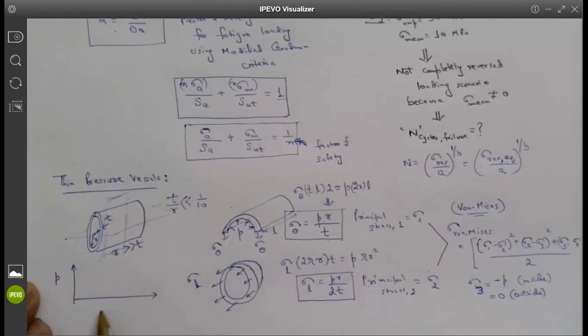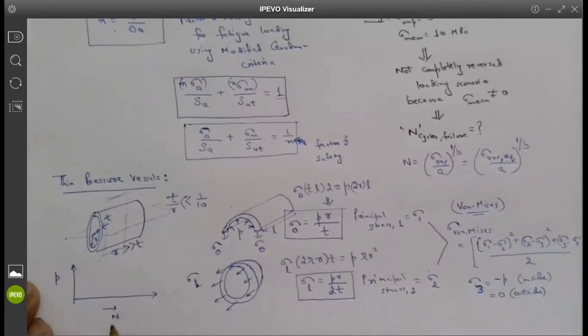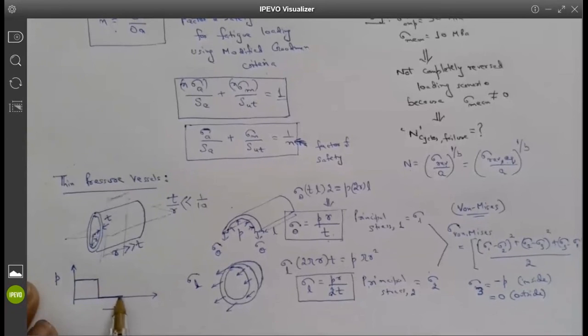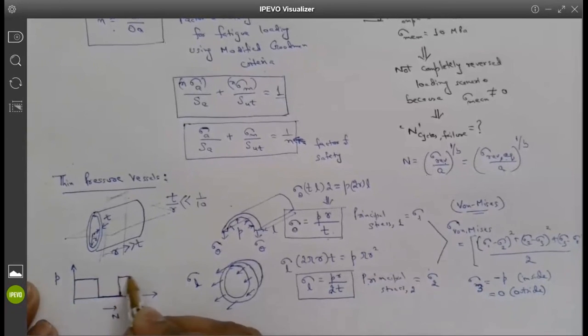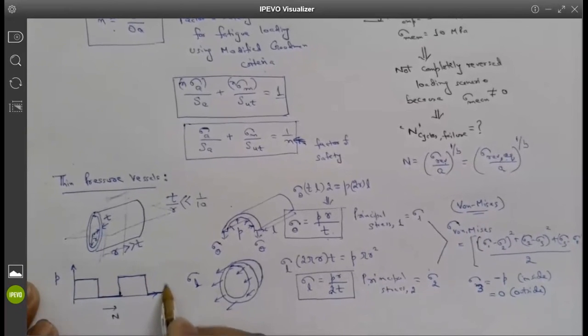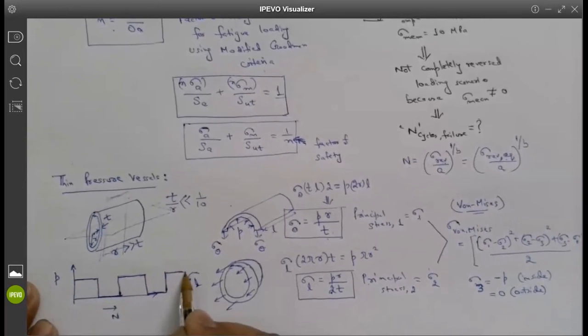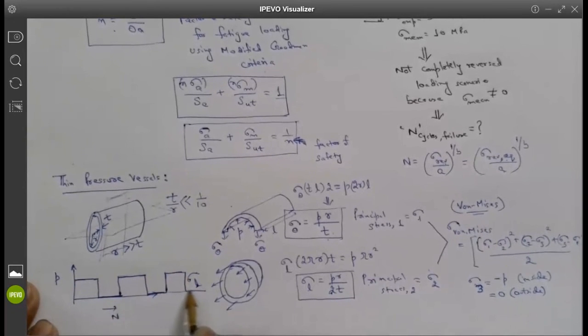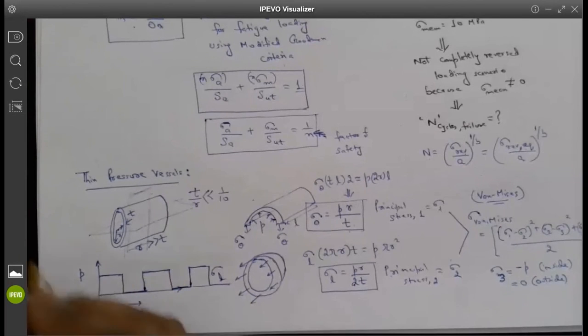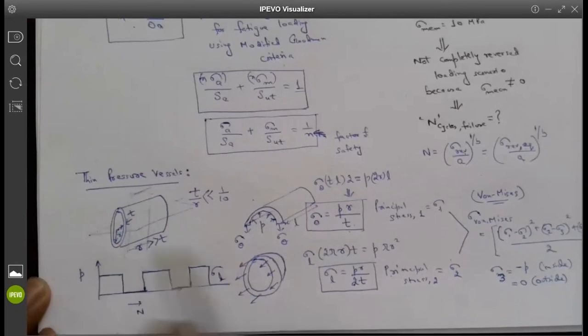If this is the pressure and this is the time or number of cycles, then on the flight it is pressurized, then on the ground, depressurized. Then it remains 0. Then again, it takes off, pressurized. Till the flight, it remains pressurized and then depressurized. Then when it takes off again, it gets pressurized and then depressurized. Does it make sense, guys, so far? Yes. This is a pressurization and depressurization cycle, and that happens for all thin pressure vessels.